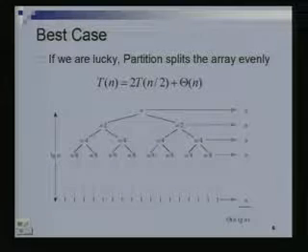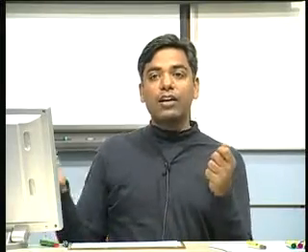Who can tell me? Can you also say that the partition will take at least, or at least omega n time, will take at least n time? Yes? Because when did we say we would stop? When our i and j would interchange? So i has to go at least till some part and j has to go, so the total number of times I will increase i or decrease j is at least n,